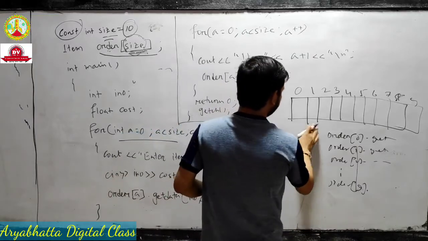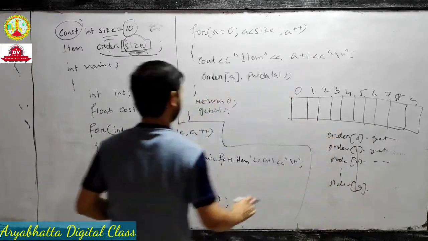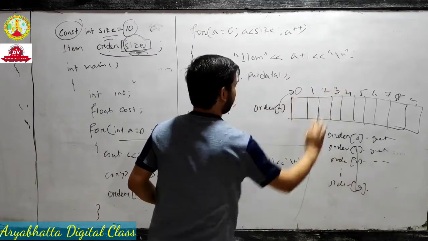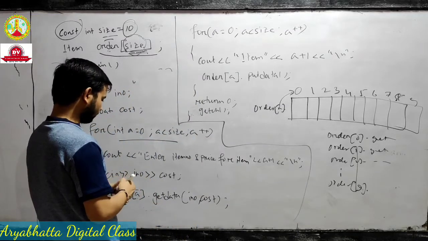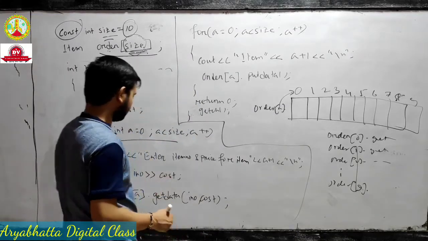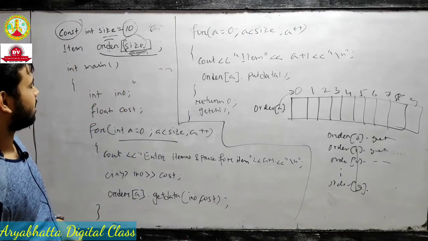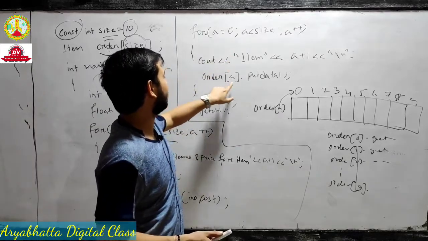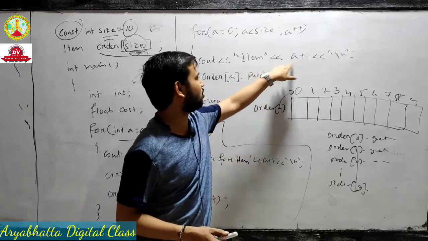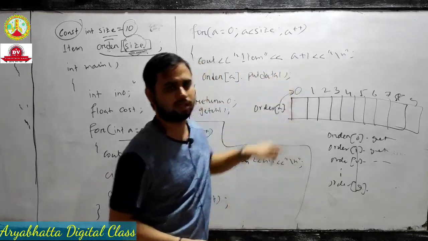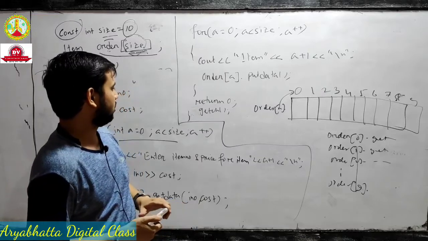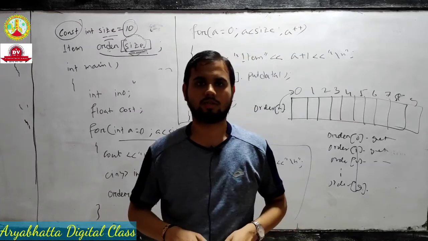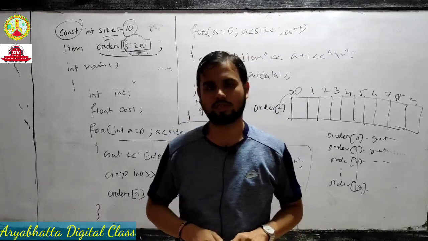Actually, the array is declared for this order, and a is 0 to 9. Okay, get data means item number and cost, which comes in float data type, and this will be the output: order a dot put data. Also this is for item 1, item 2, item 3, like this. So a plus 1 is also for designing, for suitable purpose. Okay, then this will be enough for this session. Next class we discuss the later portion. Thank you.